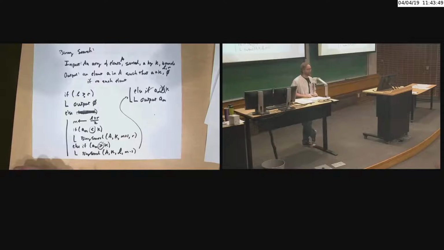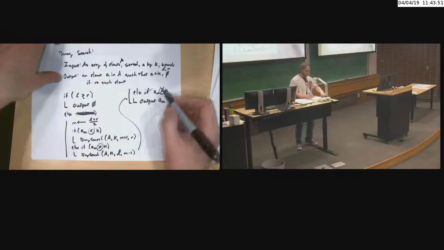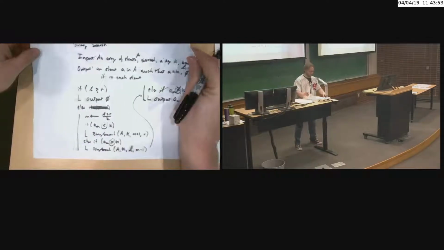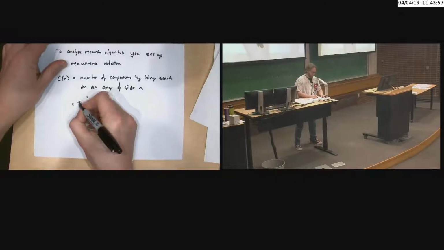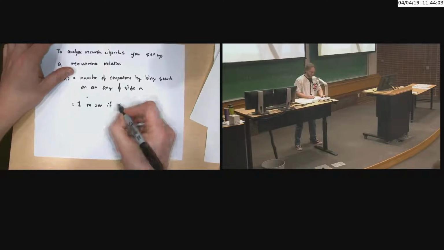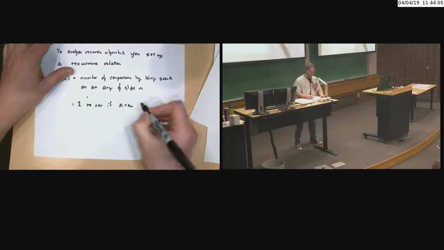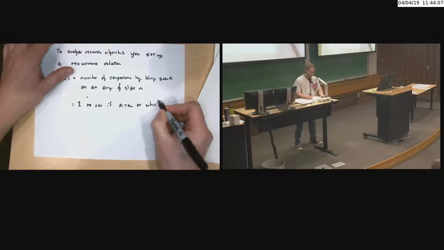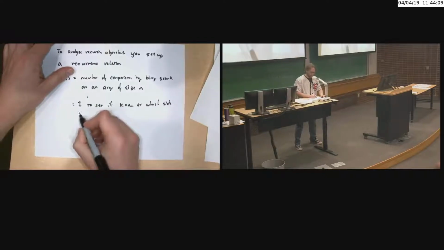So I'm just going to say that there's 1 comparison here because I want to simplify things. Right? So there's 1 comparison to see if k is equal to a sub m or which side you recurse on,